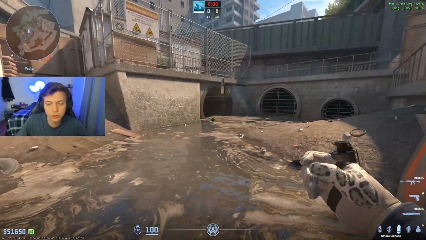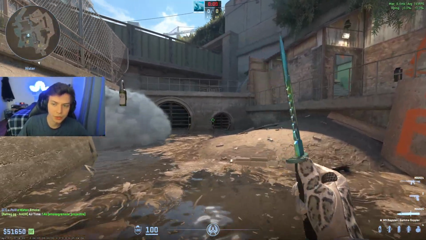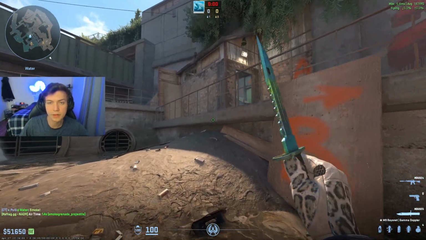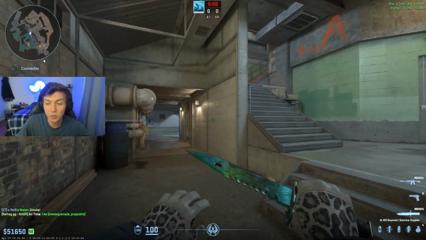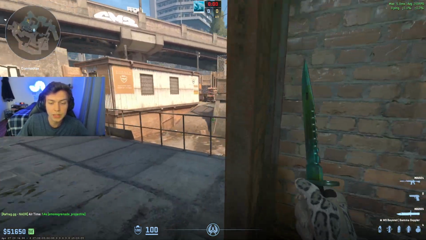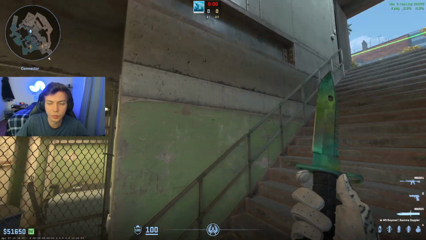Now, once you get this control, you can smoke in towards short. And this is why connector control is so important, paired with short control. Now the CTs can rotate. If the Ts are heavy towards A, they can go up towards con, and now instead of it being 2 people towards A, it could potentially be 4 players towards A, because you have all of short, you have information that there's no one towards con, and now you have people ready to support the A players